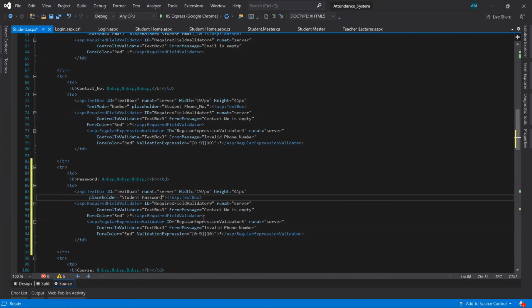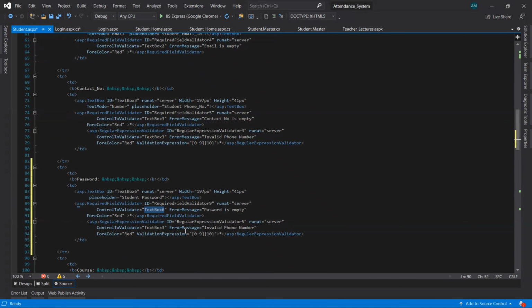It's a required field, so it should not be empty, right? The password is empty. We have to change the control to validate. Here we have TextBox6 for this password text box, so we have to change it here as well.